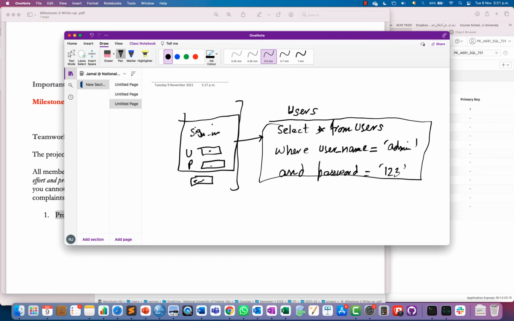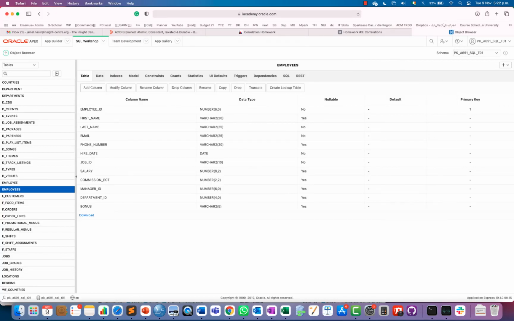So SQL statements, and obviously you have to tell for this interface we require this SQL statement to be executed at the backend, right? Yeah. If your ERD has generated the likes of usernames and passwords, how would you find that in your object browser? So it's very easy. So you can go here. So if you have already inserted some data, you can go to data.